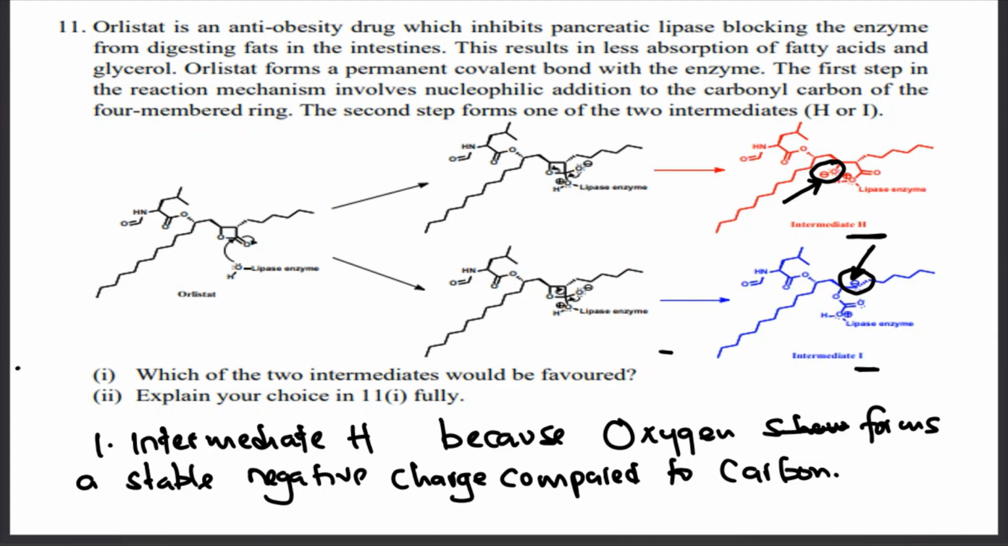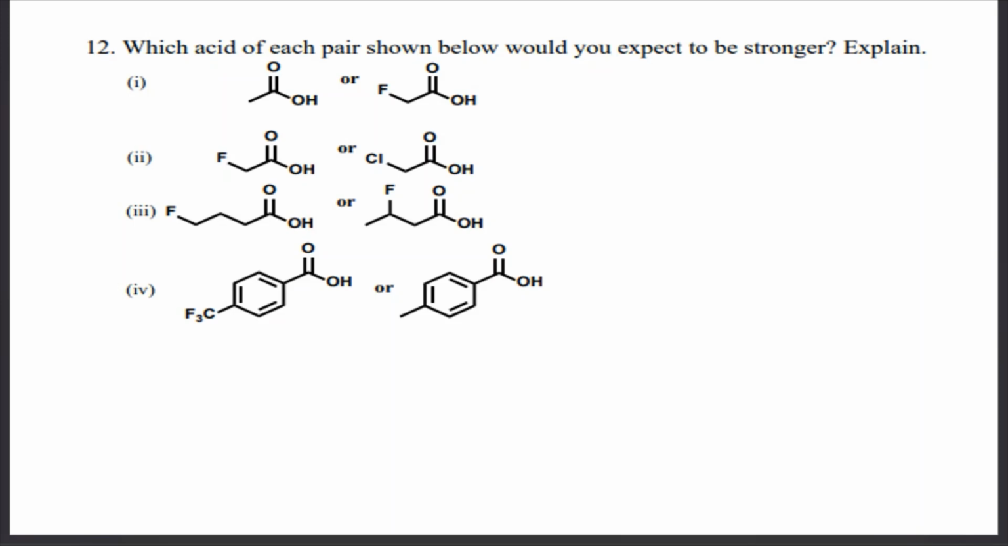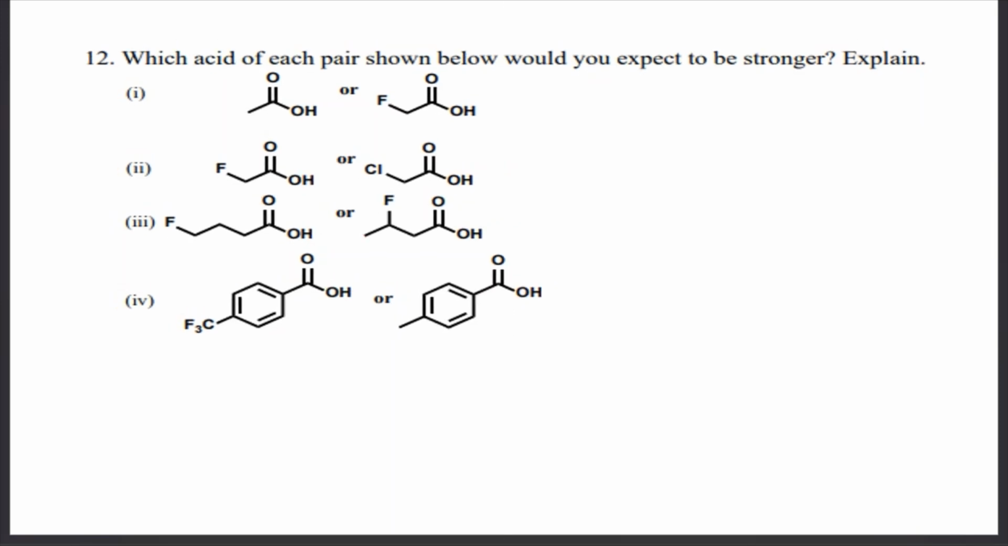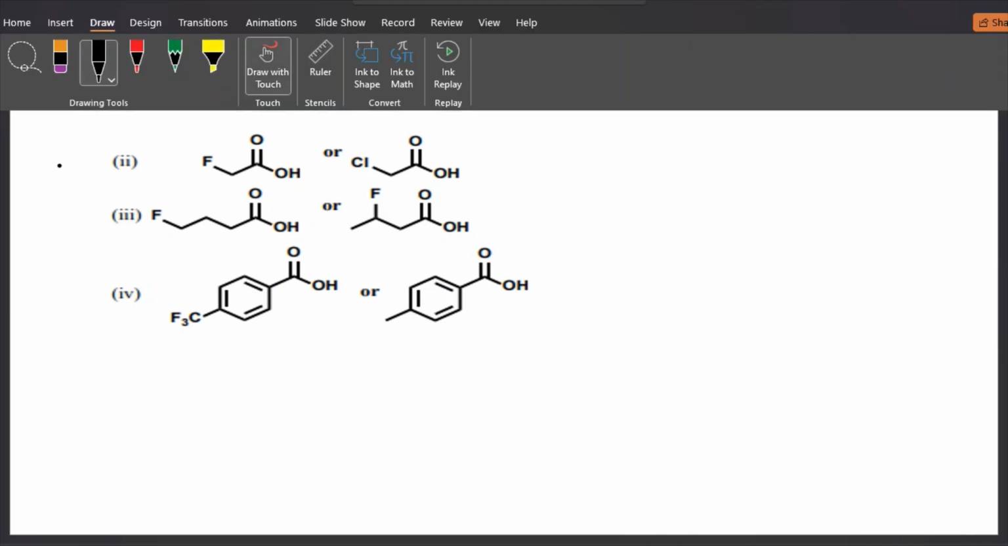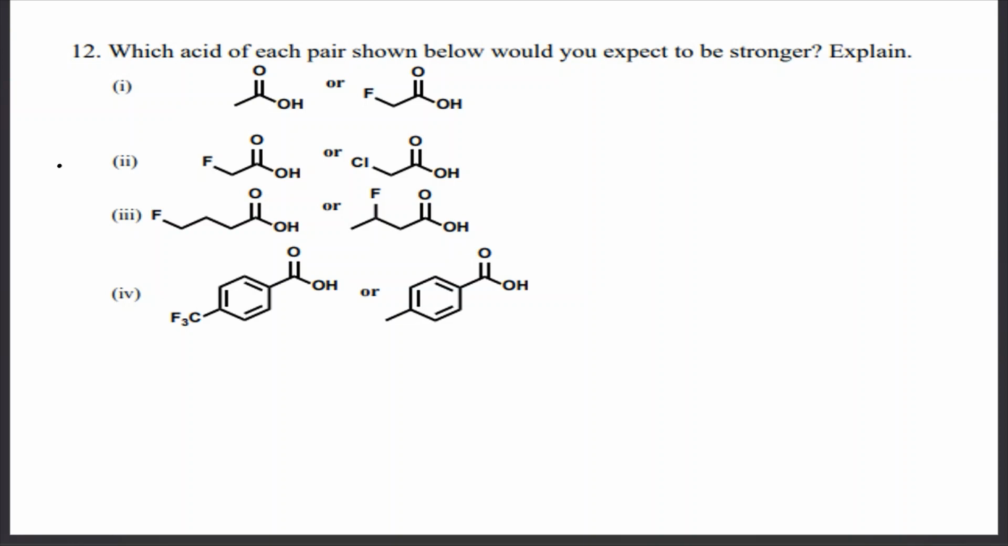Question 11 was very easy. It looked intimidating, but it was easy. Okay. 12. Which acid of each pair shown below would you expect to be stronger? Explain. So in 1, I would expect this acid to be stronger. Why? Because it has a halogen here that is attached to this carbon, the beta carbon, while this one doesn't